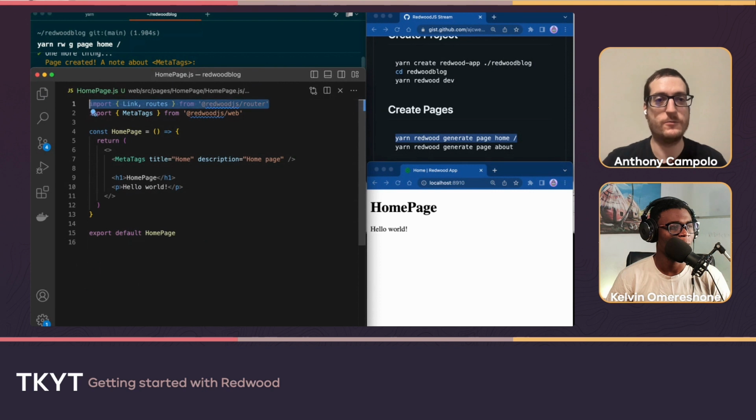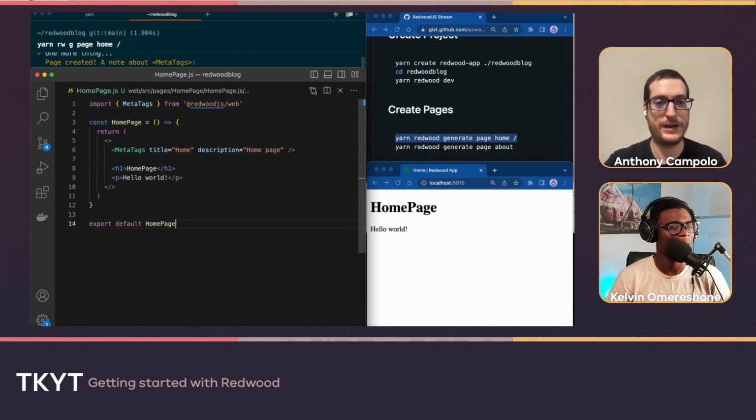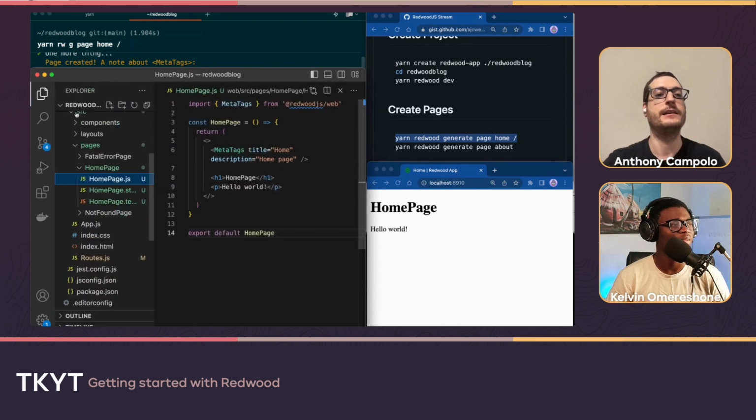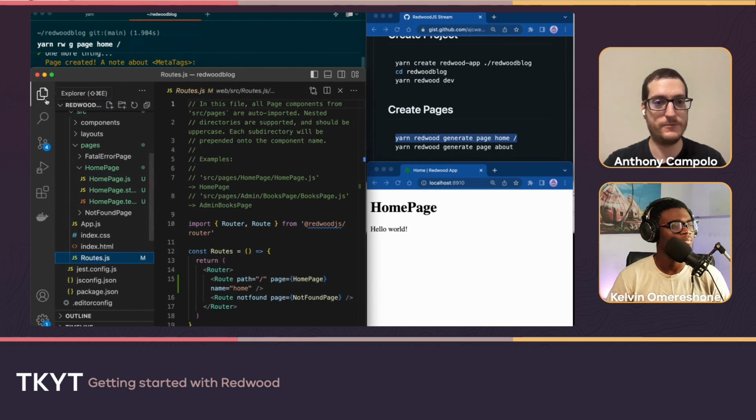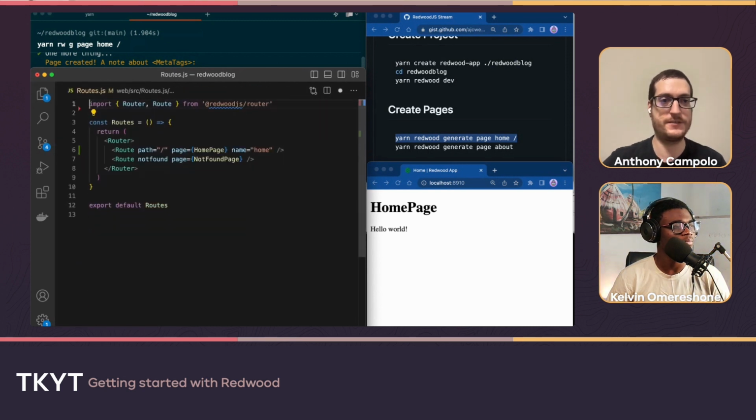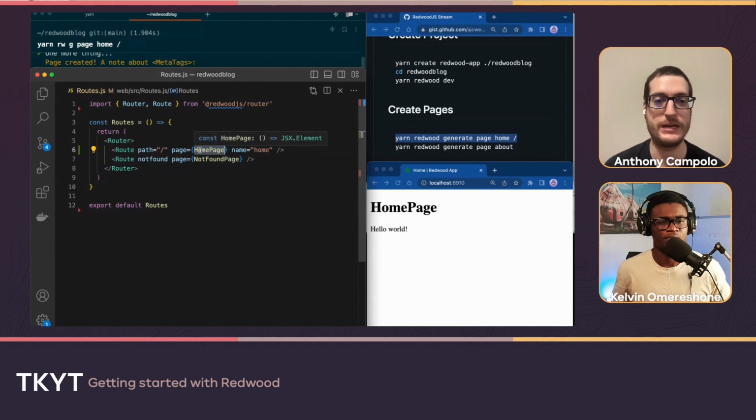Now you may be wondering how the routing layer is working. To figure that out, we have this routes file. And what the routes file does is it specifies three things for each page. You have a path, which is what the actual route is. You have the page, which is the React component that you're pointing to.